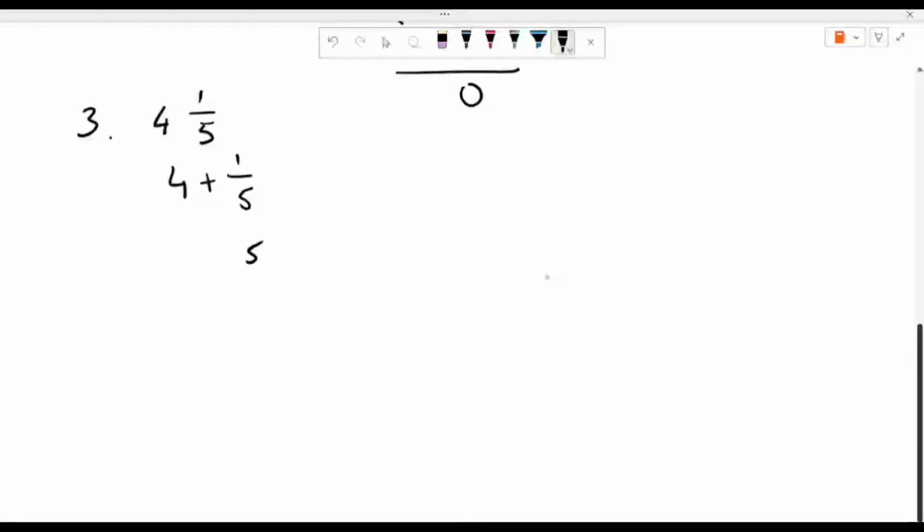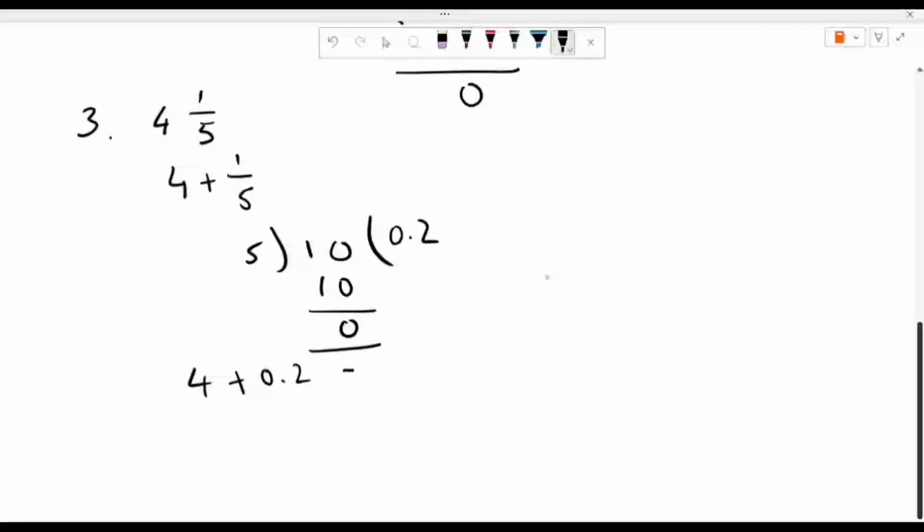5 is divided by 1. Again 0 will be 0. This 5, 0.5 twos are 10. So here the remainder is 0. So 0.2. So what can I write here? 4 plus 1 by 5. The answer is 0.2. So again what will become? This will be 4.2. So now again you can see from here that after the decimal the answer gets stopped,